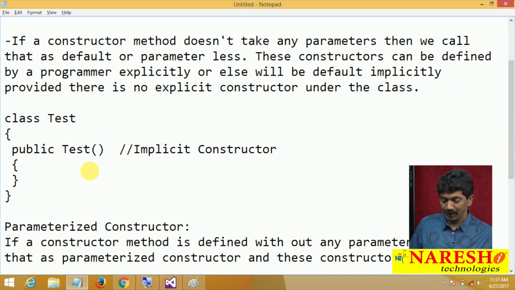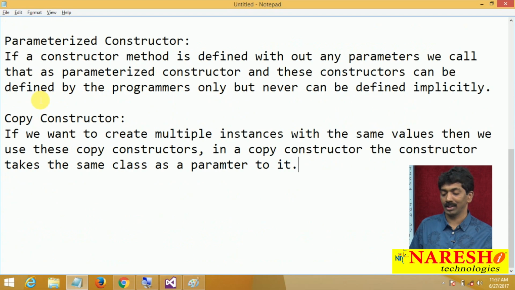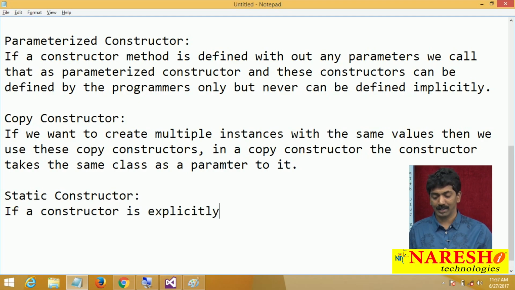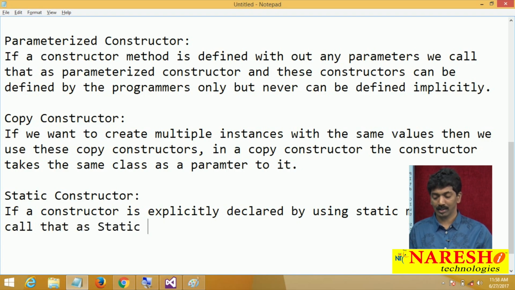Next thing. What is the next thing? Static constructor. What is a static constructor? If a constructor is explicitly declared by using the static modifier, we call that a static constructor.